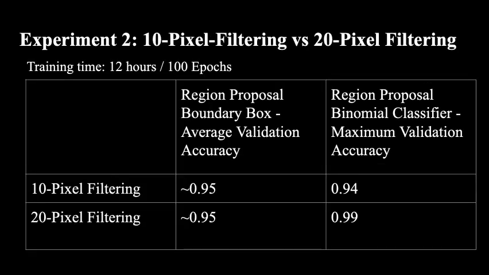With the pre-trained weights in use, we wanted to test if annotations with less than 10 pixels were affecting the results, and if filtering out annotations with less than 10 pixels and even less than 20 pixels would make much of a difference to model performance. We found that both 10 pixel filtering and 20 pixel filtering had very similar boundary box validation accuracy scores. Any variance was not significant enough to state one was better. However, using the 10-pixel filtering decreased the classification validation accuracy, so we chose to continue with the 20-pixel filtering.